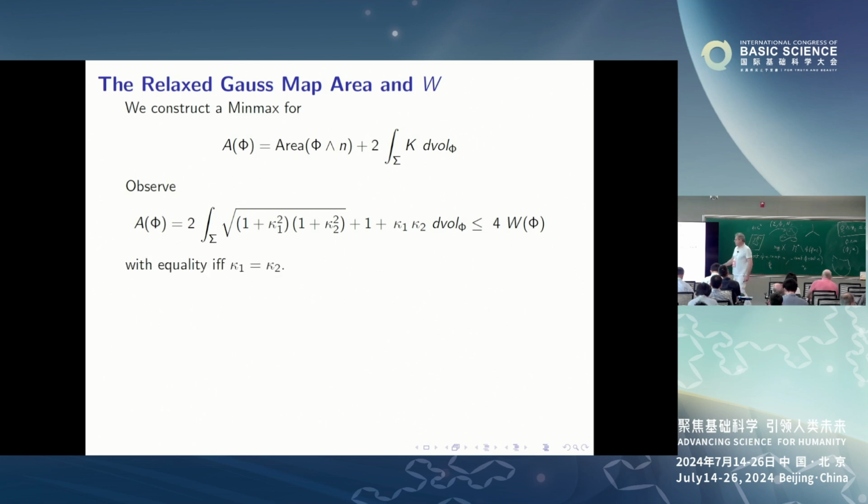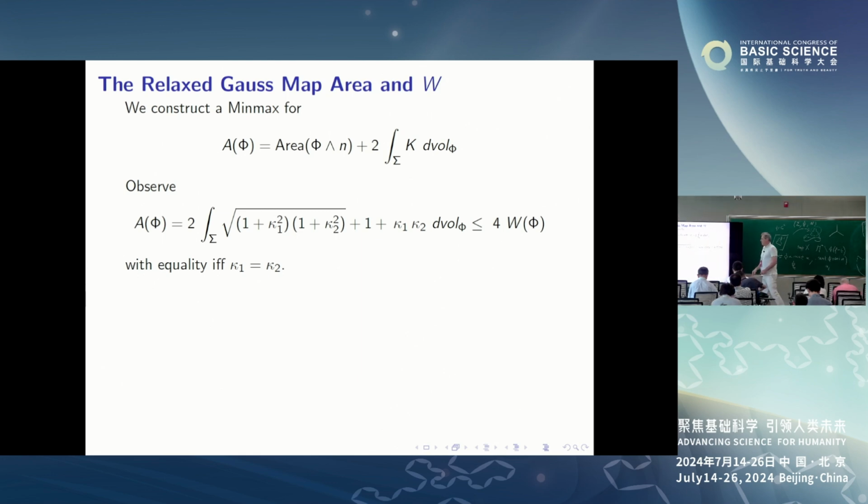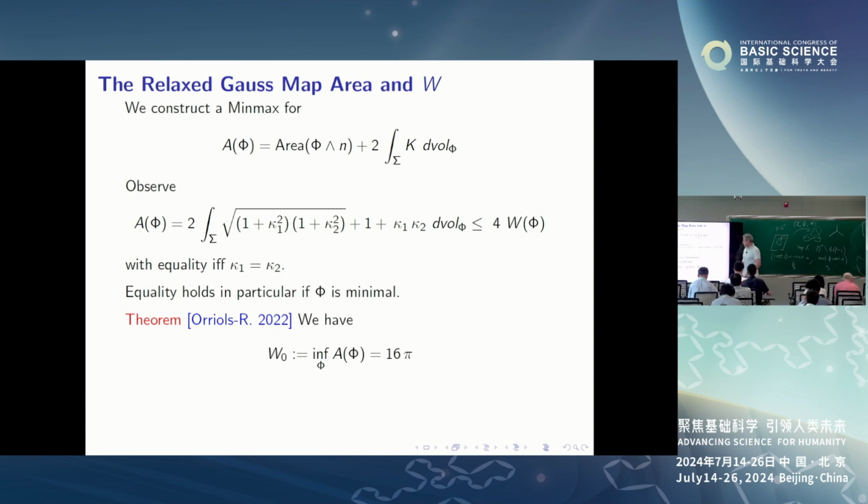So equality holds if and only if the two principal curvatures are equal to each other. So therefore, and this is the case, for instance, for minimal surfaces. Or, no, I should say absolute value. Sorry. Yeah, absolute value. With Gérard Oriols, my student, we studied already the bottom, so what's happening at the lowest